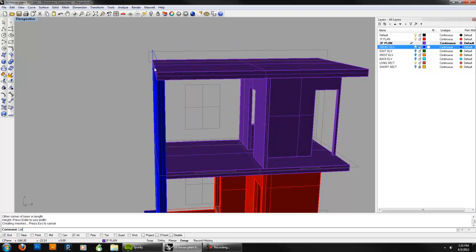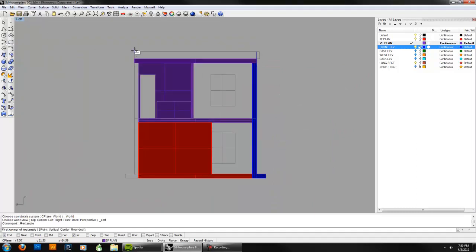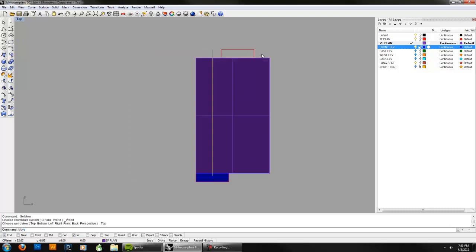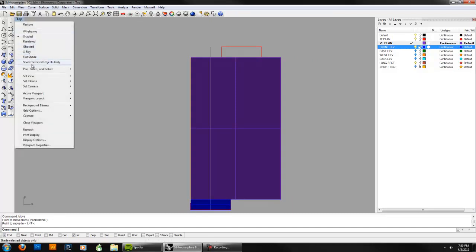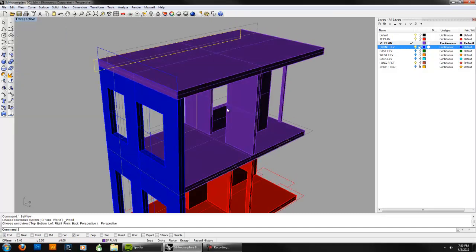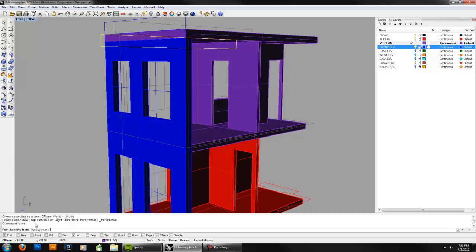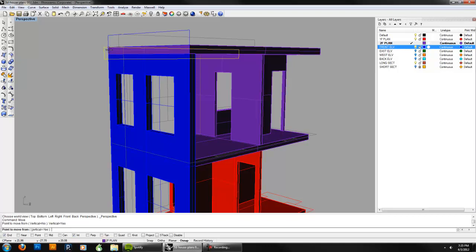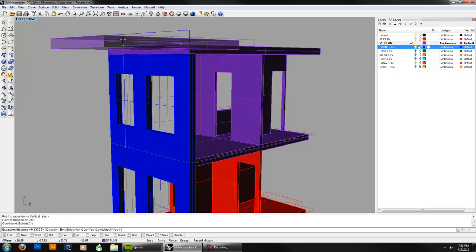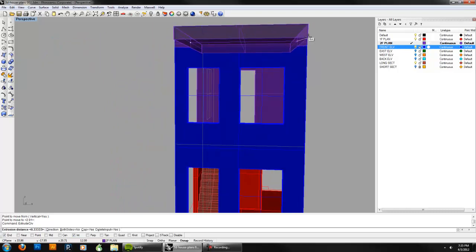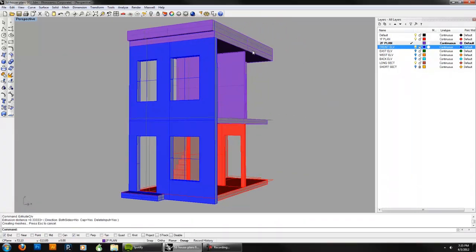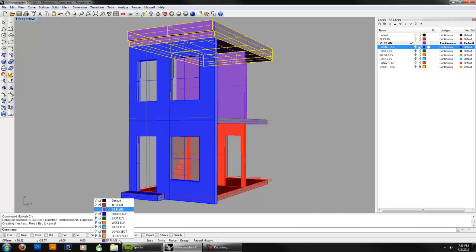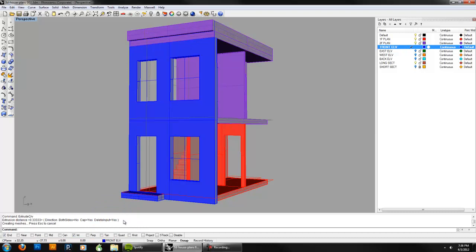If I go to a left side view, I could trace this as a rectangle. Move it in top view. Could say move this to the edge. And then, that's that up. Move it vertically. You gotta watch those three-dimensional snaps. Okay, then I can extrude this to the end of the building. Okay. So again, using those three-dimensional snaps, if you want to change the layer of that. Not sure actually what layer the roof is supposed to go on, but